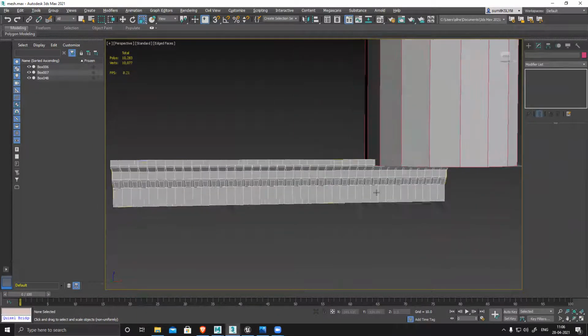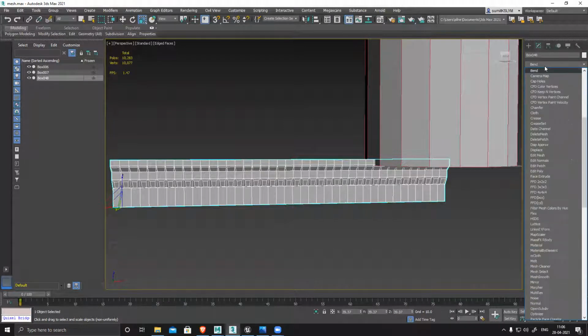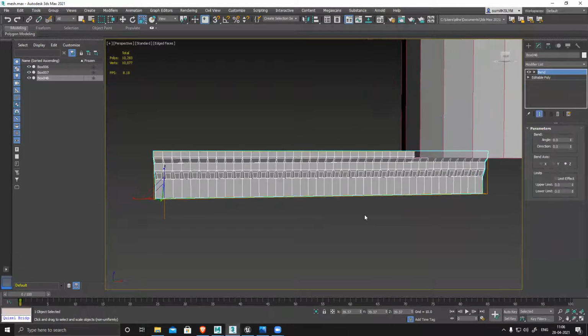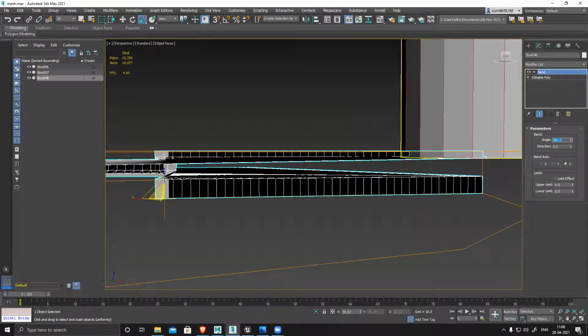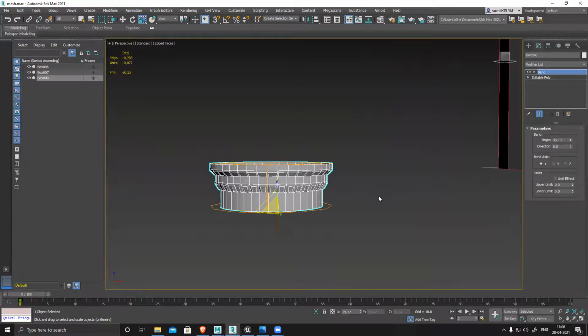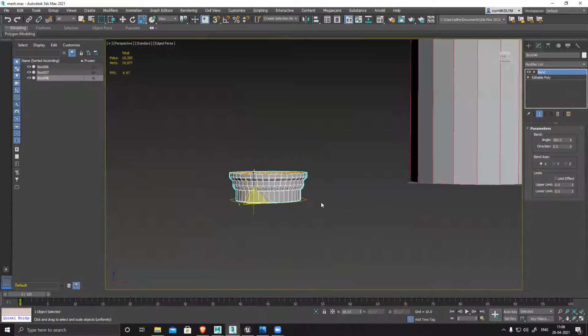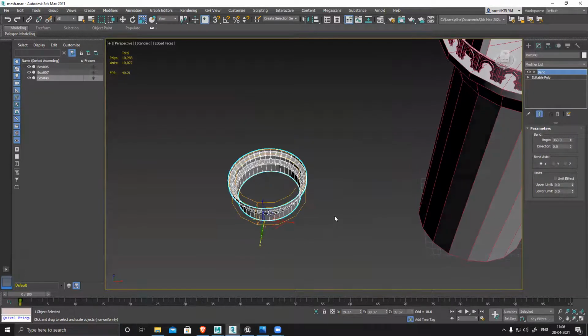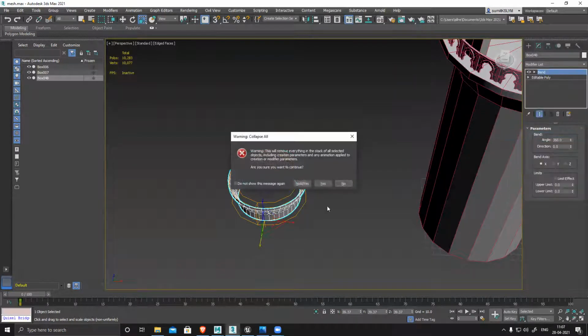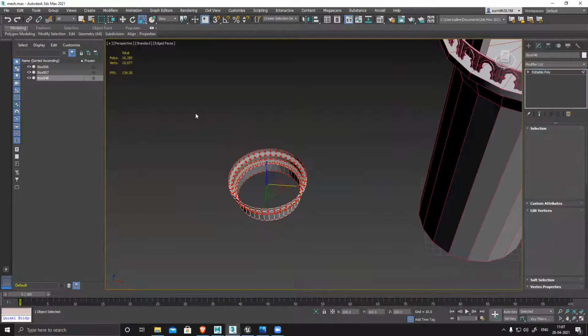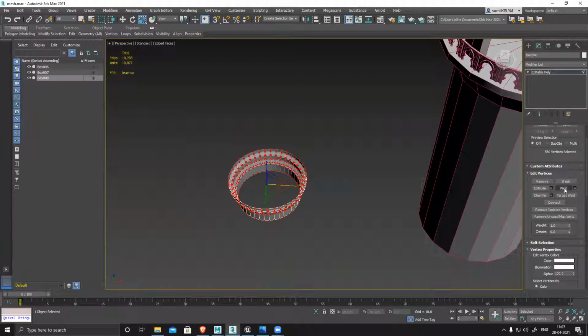Okay, shape is there. Sir, for applying bend modifier, do we have to set up something like the pivot point in center or anything? Not necessarily, based on the pivot point it will bend basically. If it's in the corner it will bend from there. Wherever the pivot is, it will create that circle, that bend there only. Select this and weld everything.